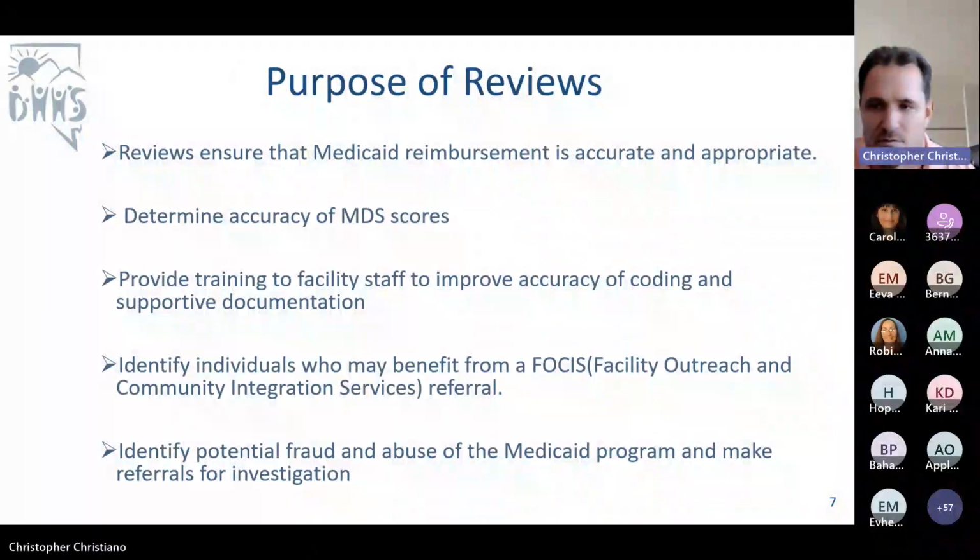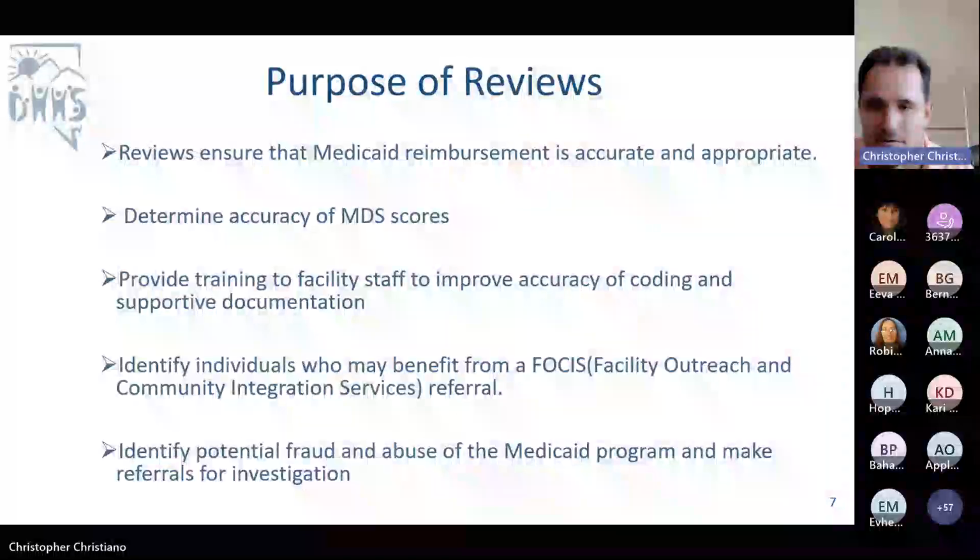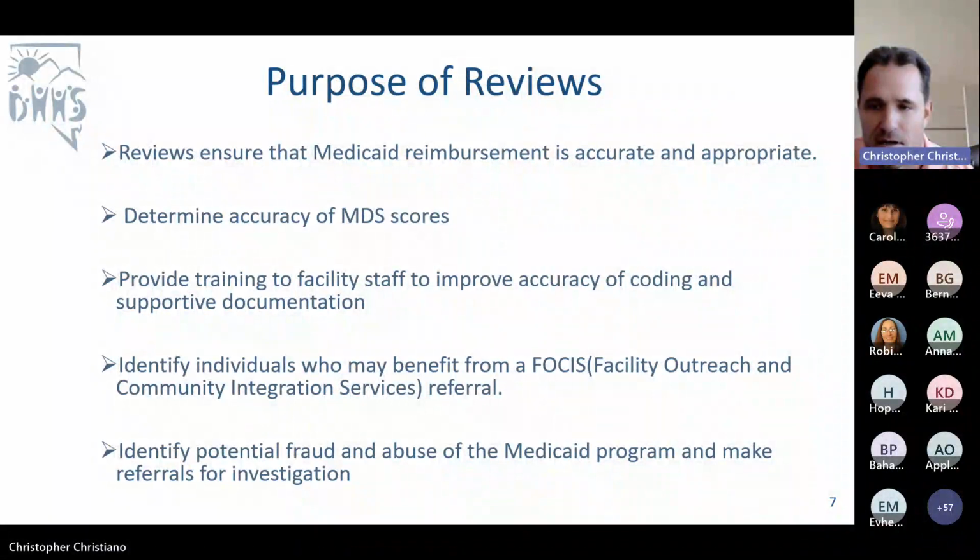So the purpose of our reviews are multifaceted, and as mentioned before, is to ensure the correct MDS coding that reflect an accurate Medicaid reimbursement rate. Other purposes of case mix review identified in our policies are to ensure that facilities' MDS coding accurately reflects the resident's medical, social, and psychological status at the time of the assessment.